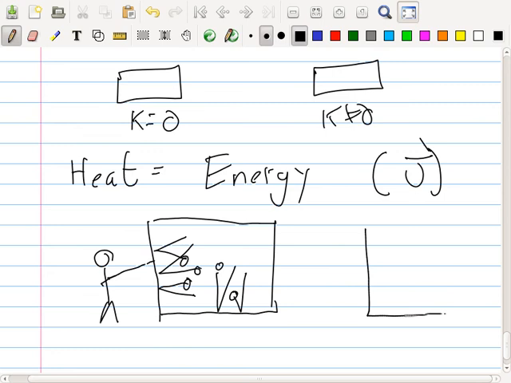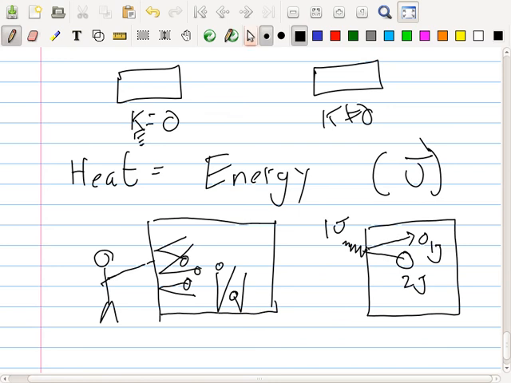Let's say this particle here has 2 joules of energy. It hits the wall and comes back with 1 joule. So 1 joule is left in the water, and what you feel is 1 joule of heat. It came from the 2 joules, and released 1 joule. So heat is an energy, and it's the energy from the little particles, and you can relate it to kinetic energy, K.